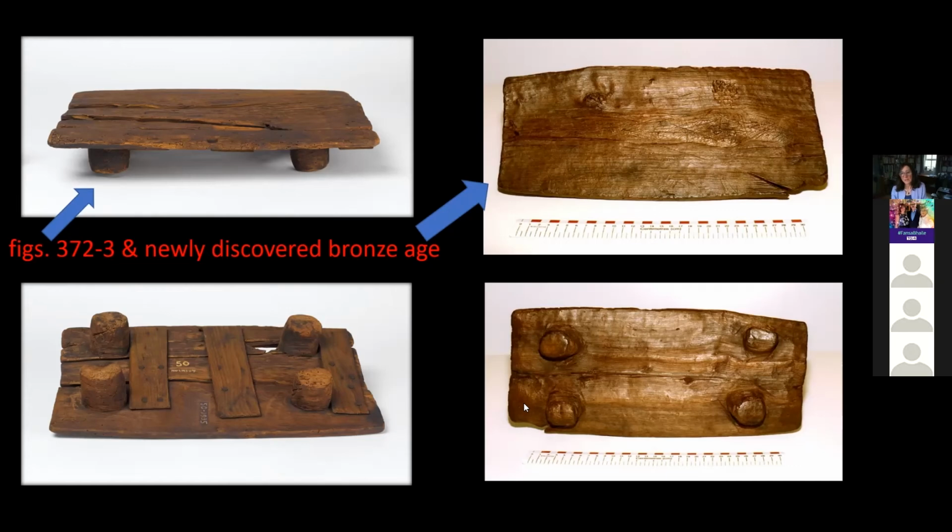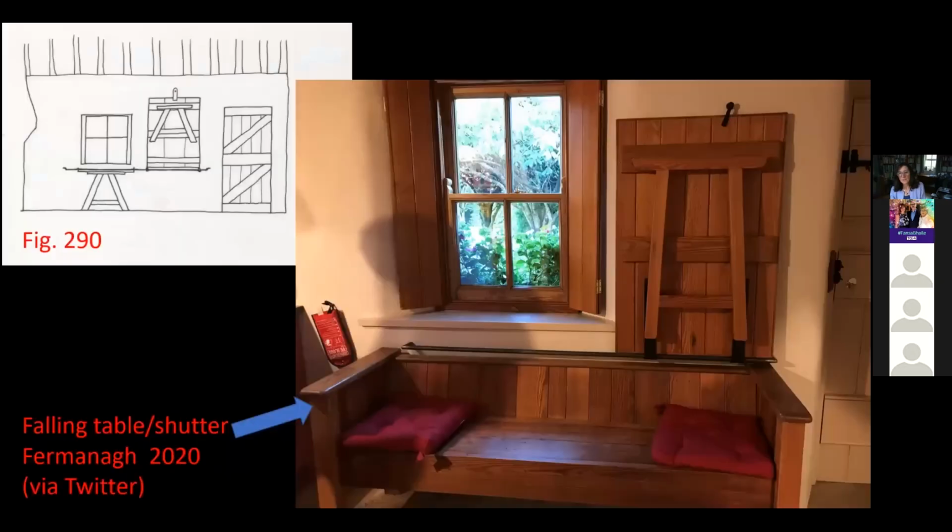So again, that's very nice that more are turning up as a result of publishing one. And I think it might be related to the falling table, which is something which people all over Ireland, in every county of Ireland, I discovered that they had these tables that were hinged to the wall, that could be hinged up against the wall to get them out of the way, or hinged down to be used. And there's a particular one that I published on the left, figure 290, from